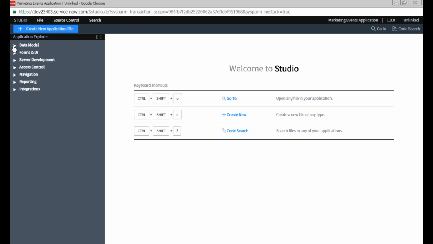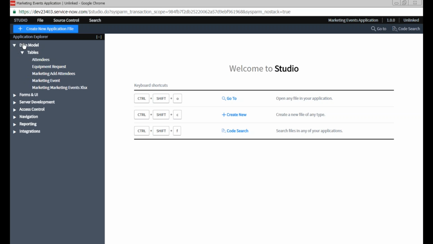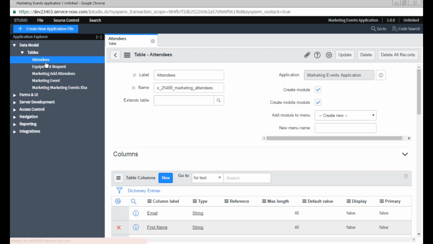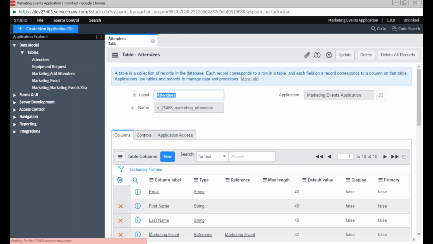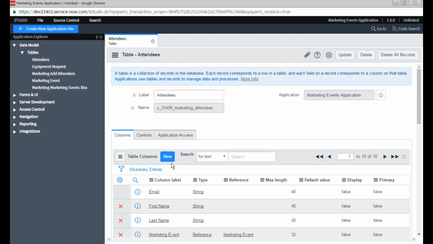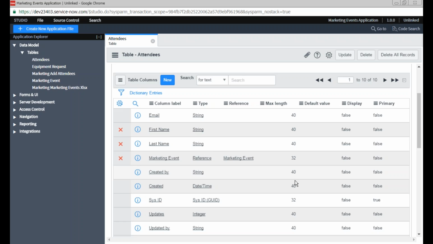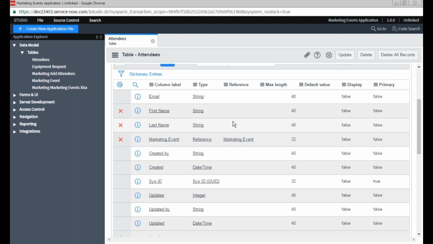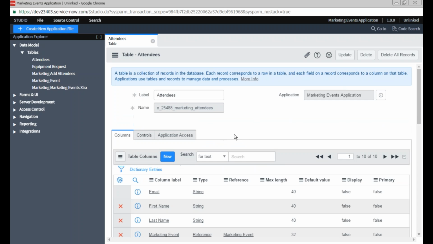For example, if we expand this data model, it will contain information about the different tables which are associated to this application, right? So data modeling, I can see the different tables that I have for marketing event application, right? One table is attendees table, so I can go ahead and see the table here that contains all the information about the attendees table, the type of columns which are available here, the number of columns available here, the properties that it contains, the attributes that it contains, etc. All this information will come here, and it is associated to the marketing event application. That's why we are seeing it under the head of marketing event application here,